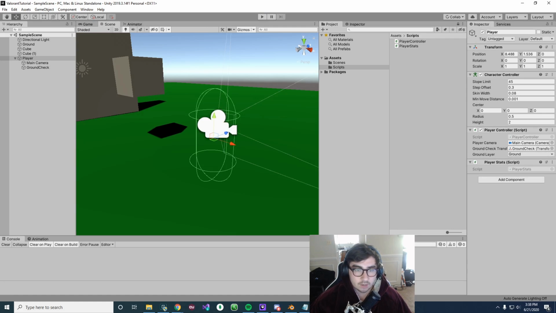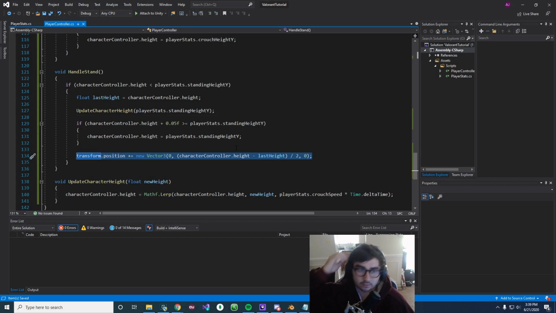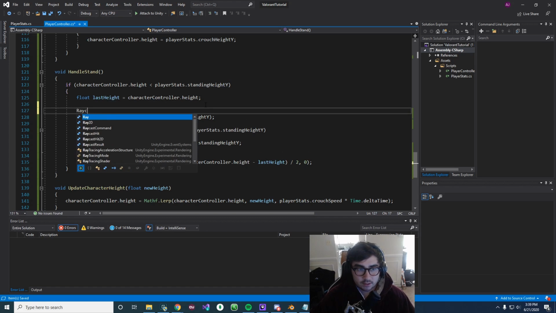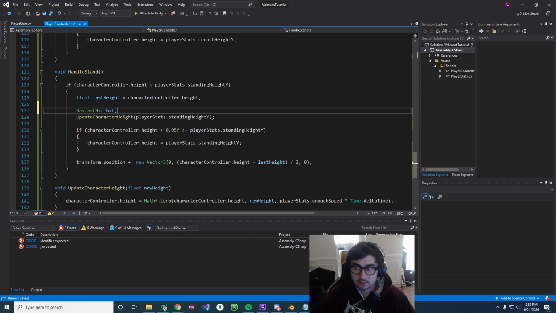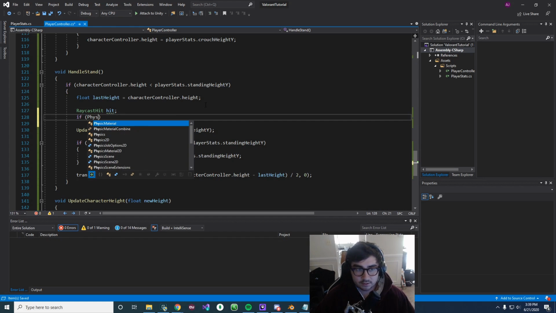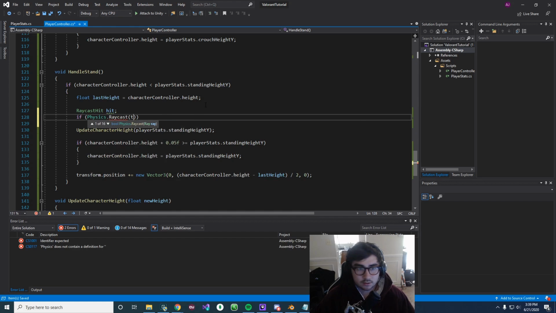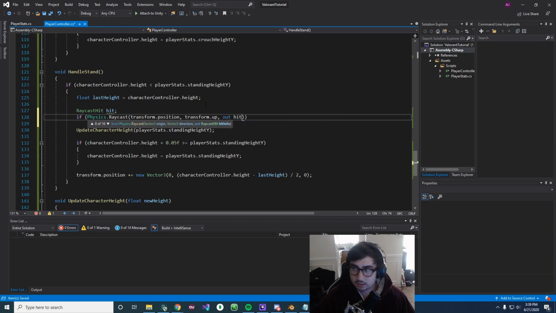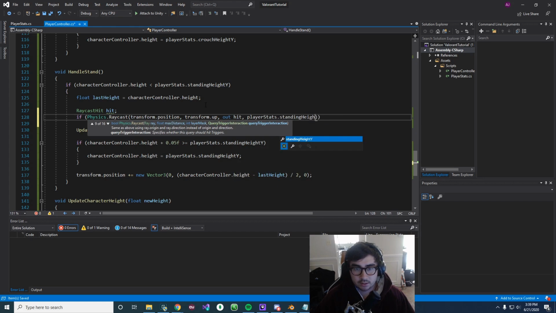So let's go back into the player controller and handle that. What we're just going to do is send a raycast up above our head when we're trying to stand and see if we're colliding with anything, and then we're just going to increase our height up to that distance so that it's like we're bumping into the cube. So let's say RaycastHit hit in our HandleStand function, and then if Physics.Raycast(transform.position, transform.up, out hit, playerStats.standingHeightY).